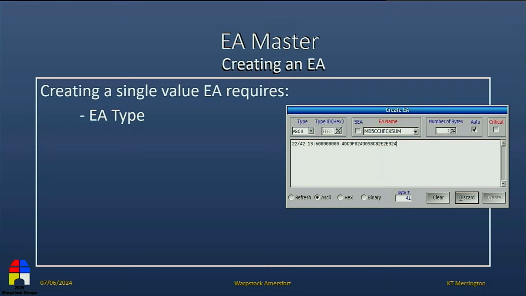This works fairly easy. You just put in the name, the type, and you start typing. You can do it in ASCII, hex, or binary, whichever is easiest depending on the type of EA. It will automatically count the number of characters and put that in the EA, unless you specifically say this EA should be, for example, 24 characters.